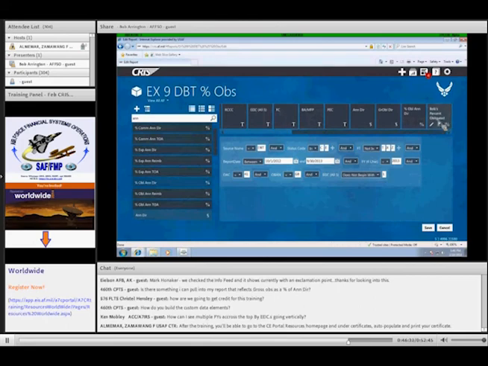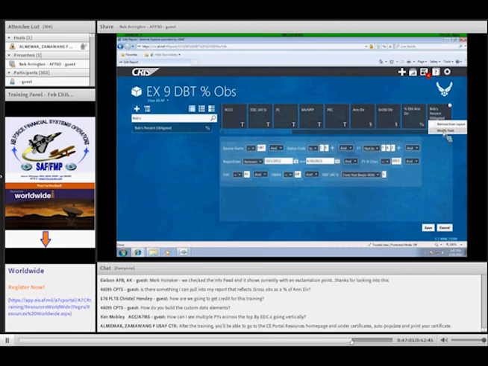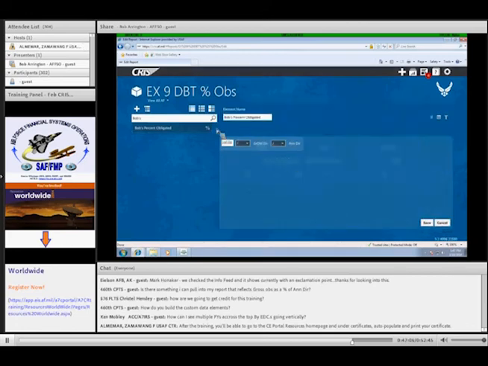When you create a custom data element, it appears in your data element list. So if I type in Bob's over here, you'll see it in my data element list. I just dragged it into the layout, and there it is, top right-hand side of the layout. You get that little pencil icon, and that pencil means that it's a custom data element, and the percent sign means that I'm calculating a percentage. I can right-click on it and go to Modify, and you'll see the blank screen, the same as if I had clicked that plus icon.